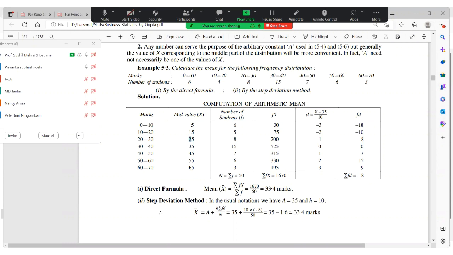Any doubt, beta? No, sir. Yes, sir, we got it. And see,